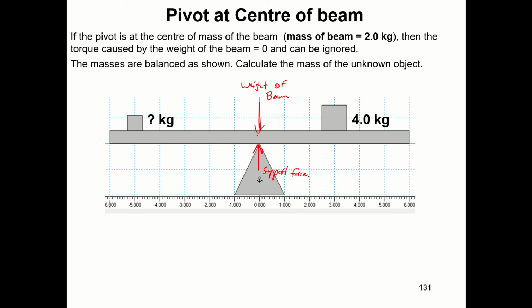And I'm just going to put in a little point here. I'm going to put in a little star, and I'm going to use that as my pivot point. If you can, you usually want to pick a pivot point which makes sense. So here I'm going to have weight of 4 kg mass,